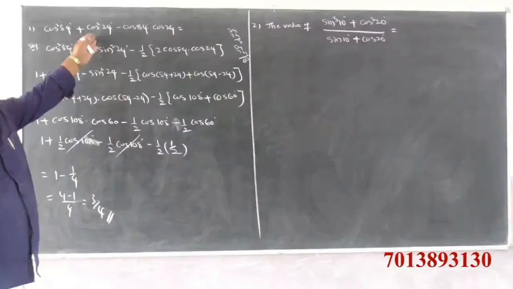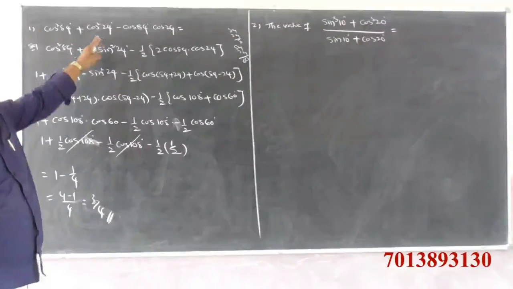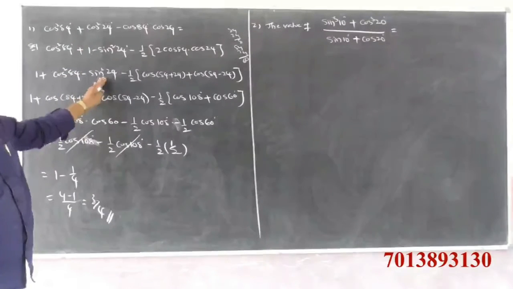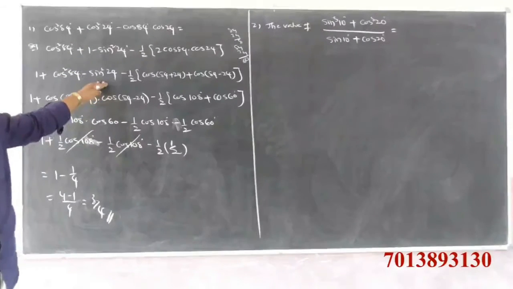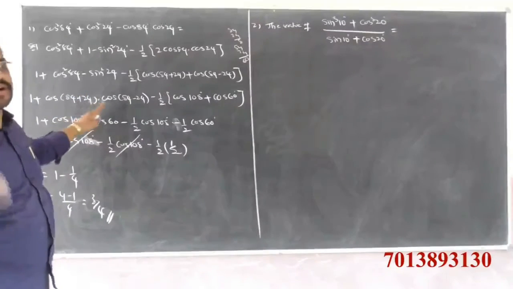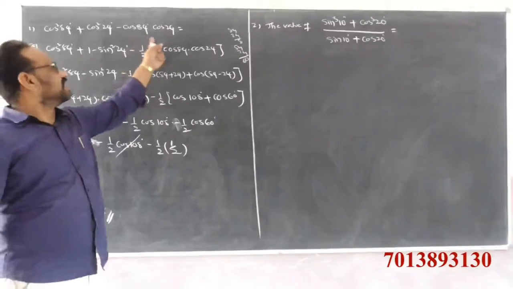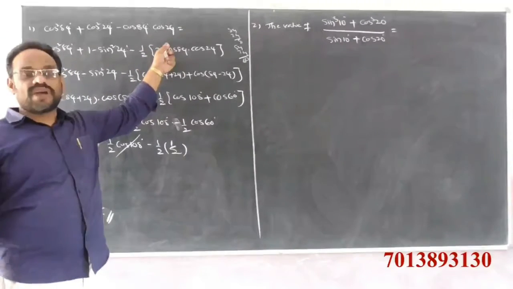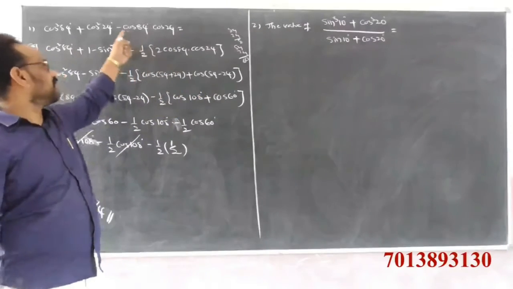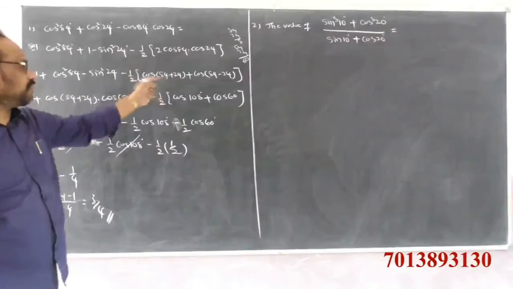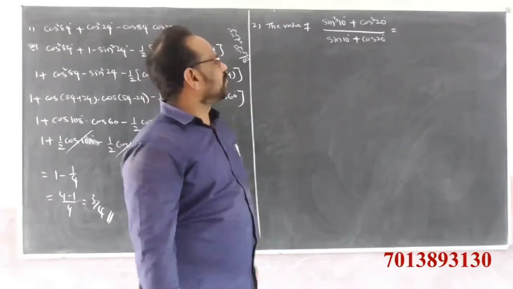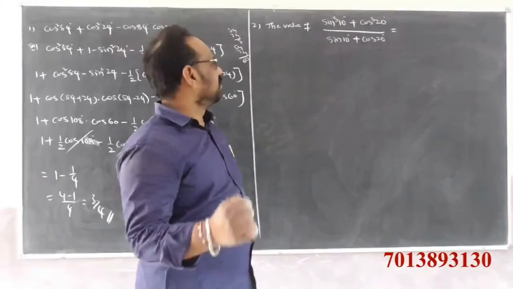Cos square a plus cos square b. We don't have any formula, so convert it into sin square b. We have a formula that is cos square a minus sin square b, which is nothing but cos sum into cos difference, that is cos a plus b into cos a minus b. Cos 84 into cos 24, we don't have any formula. We have a formula that is 2 cos a cos b is equal to cos sum plus cos difference. So multiply numerator and denominator by 2 by 2. We get this.